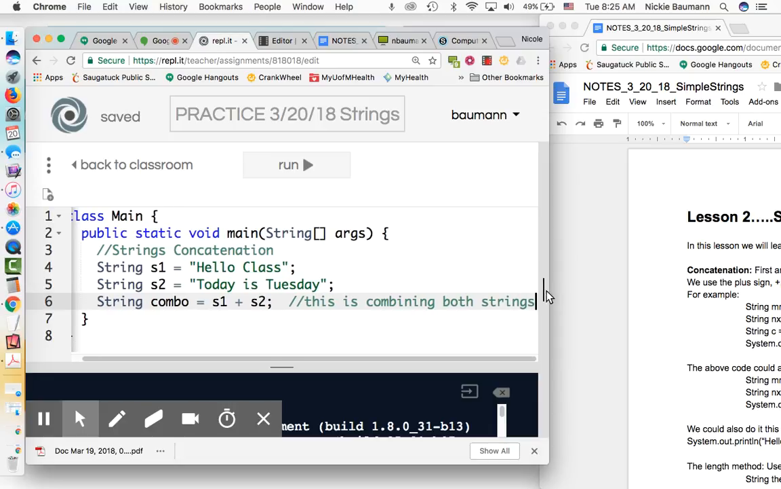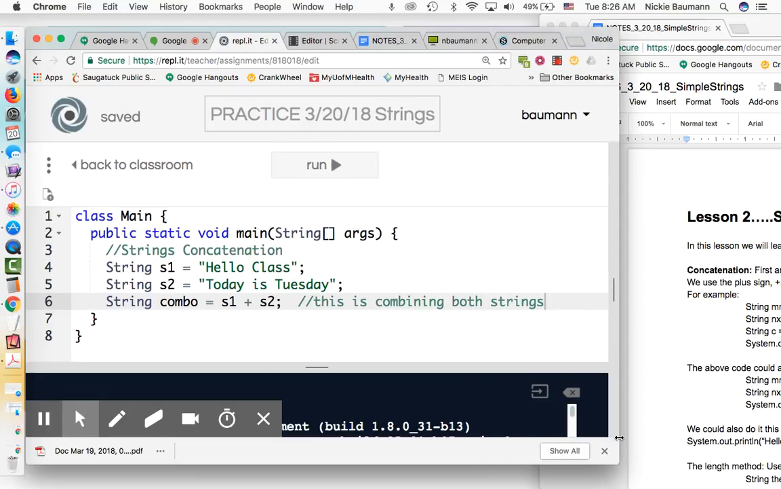Okay. So let me recap again. Oops. I do a lot of that. So far my code, I declared the first string called hello class. I declared a second string that has the text today is Tuesday. And then I'm taking another string variable called combo, and I'm combining those 2 strings together. When you are done,